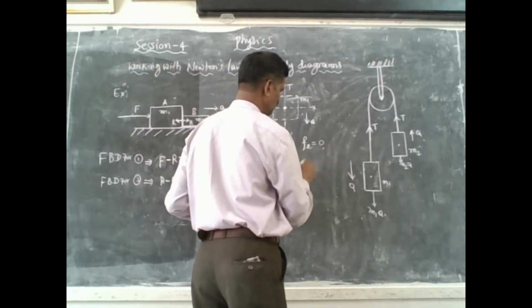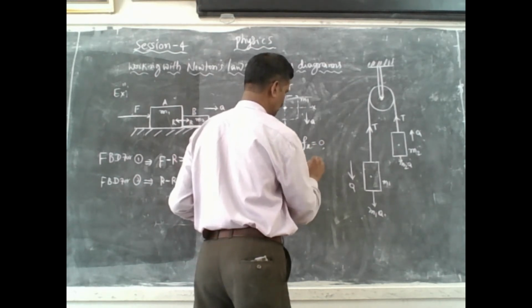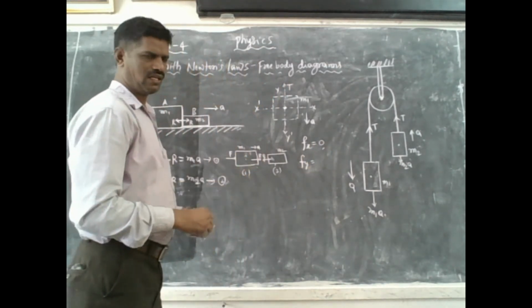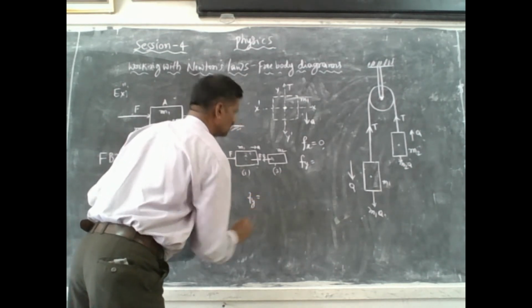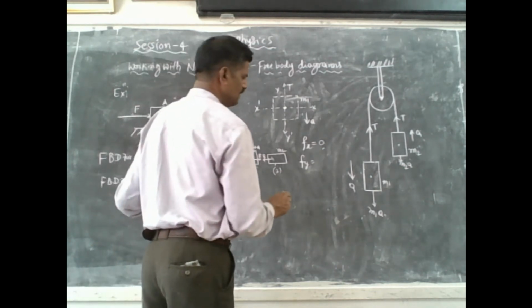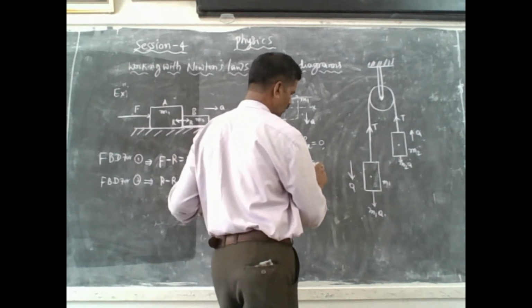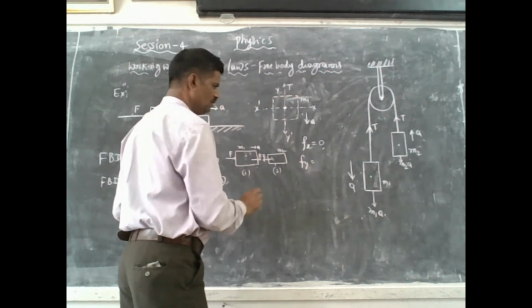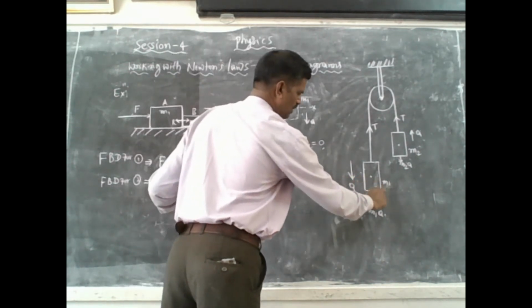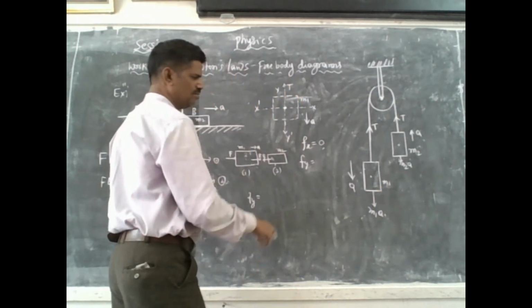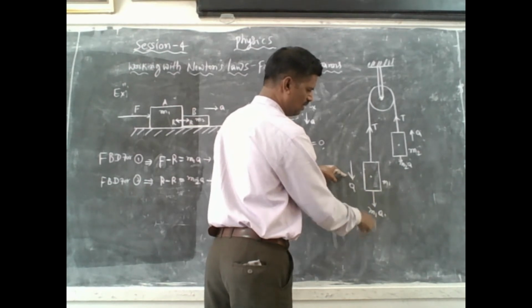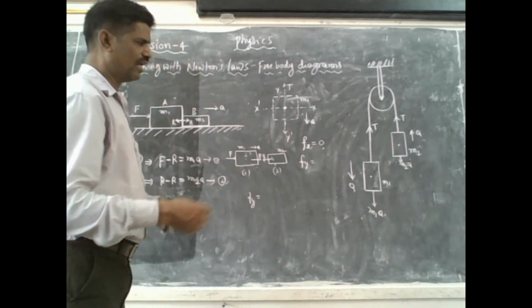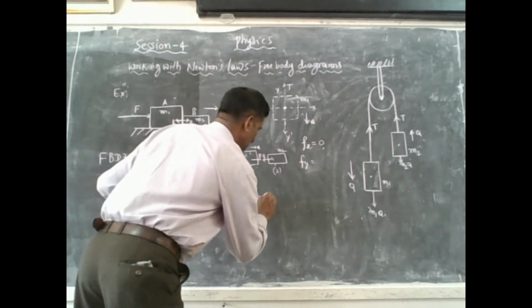Fx equals 0. Only Fy is there. Isn't it? What is Fy here? So we can form the equation now. Fy is equal to... M1 is in downward direction because this source from the point it is in downward direction. That means negative direction. Therefore, minus